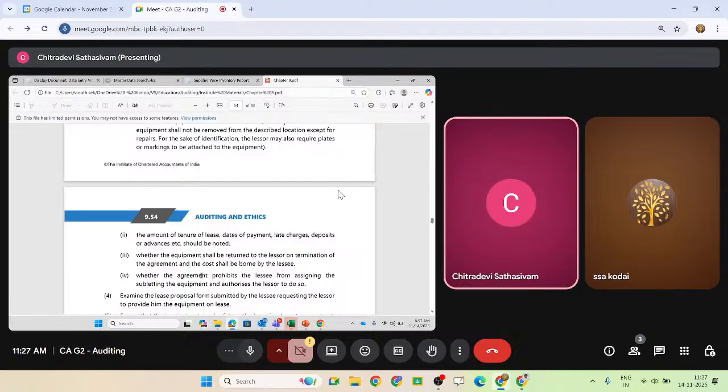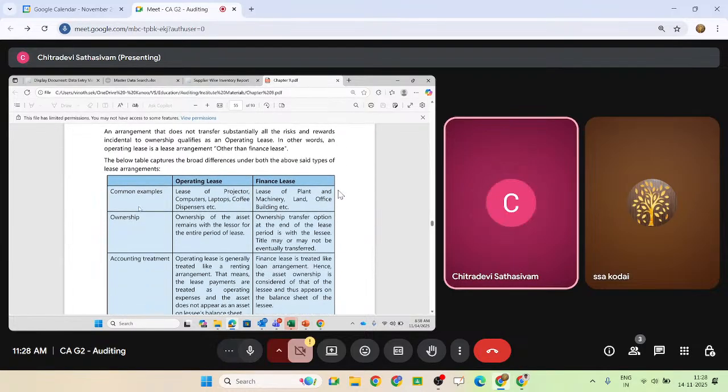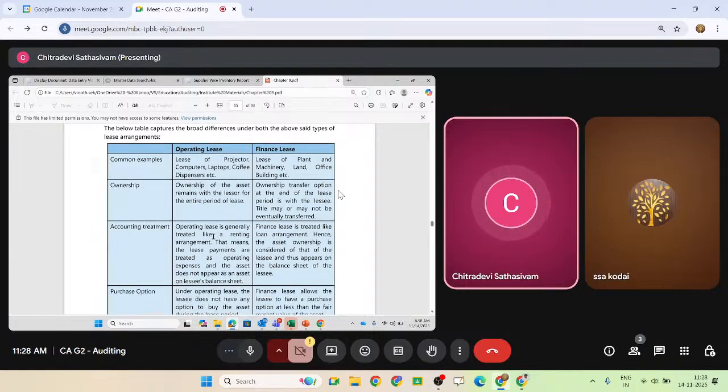Because some people do not keep these equipments as a waste of capital parked funds. Whereas for these people, whose main business is leasing, the lessors buy the equipments as capex and they earn money from this capex by way of rental. Okay, and there is a table also. Go through this table: what is the comparison between operating lease and financial lease? This will give you a clear picture.